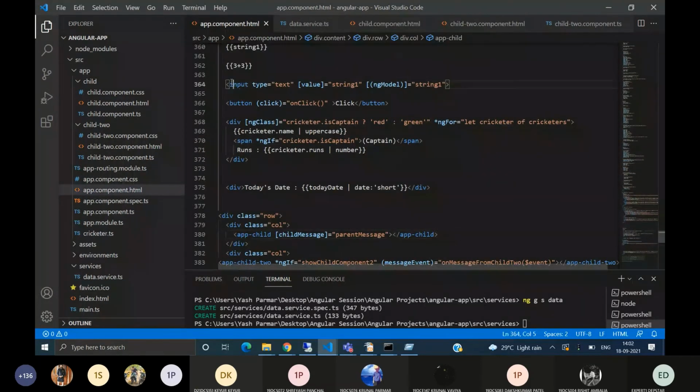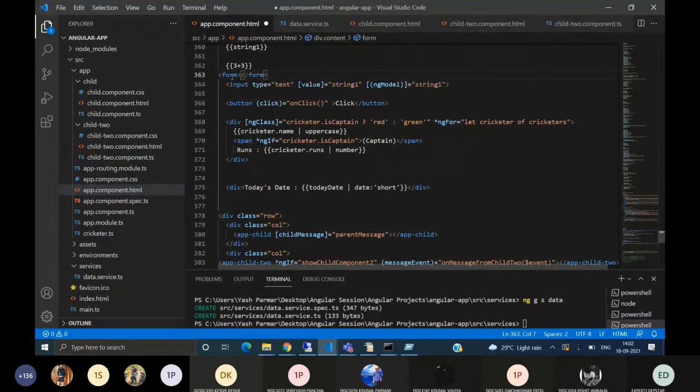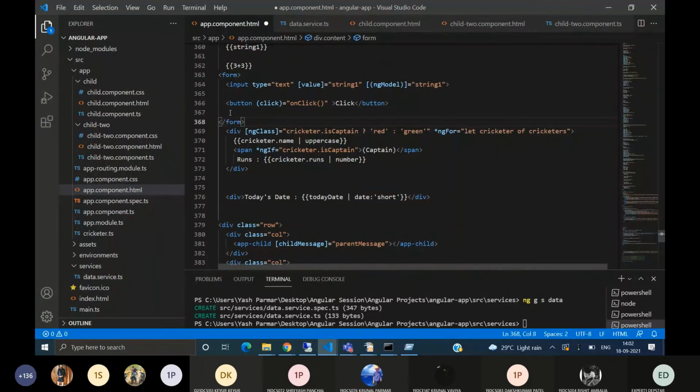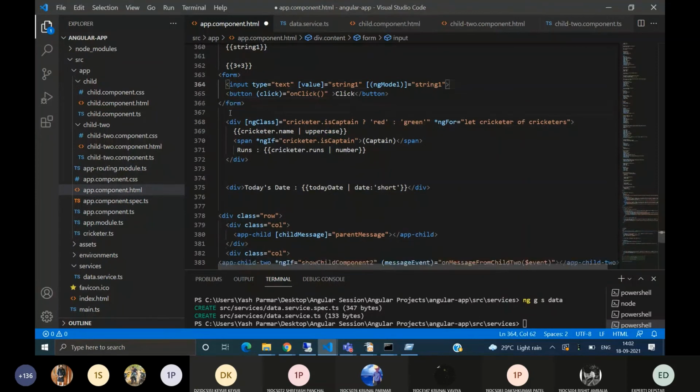Like this, if I write here form, these two fields, input and button, inside form, then this has become a template form. Simple, that is used in HTML.